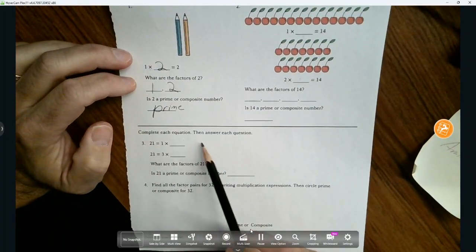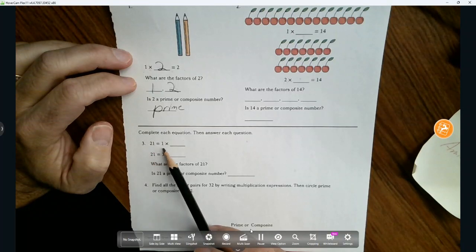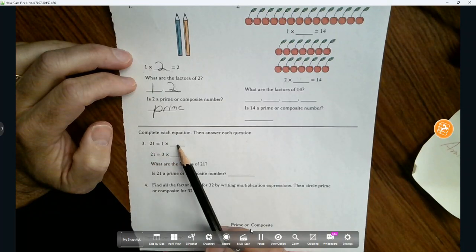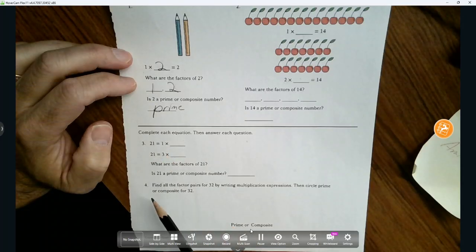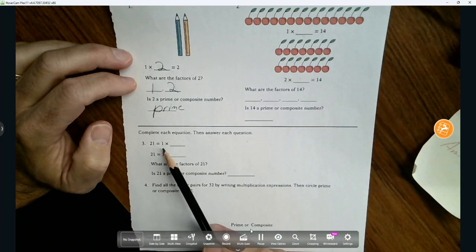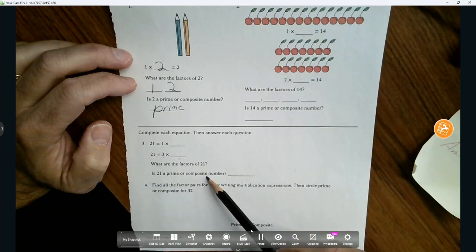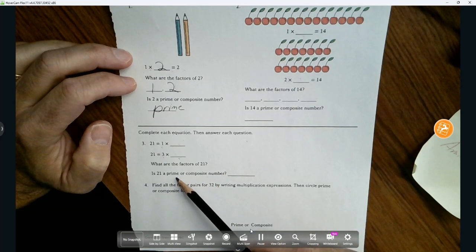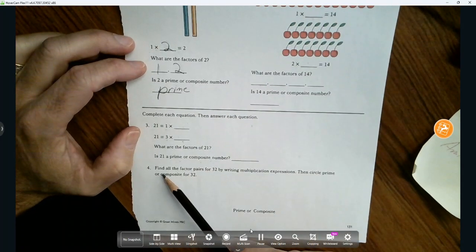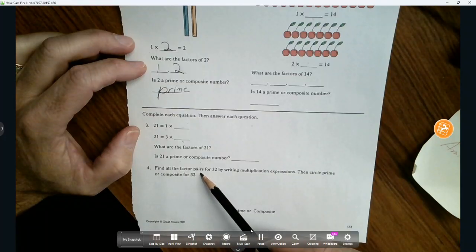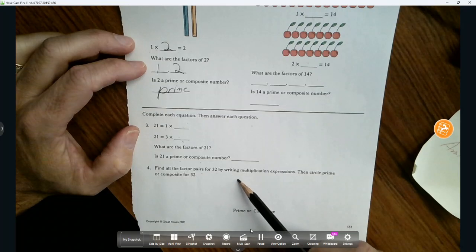All right. Complete the equation, then answer each question. 21 equals 1 times what? What can you multiply by 1 to get 21? Down here, what can you multiply by 3 to get 21? So if you take this number, this number, this number, and this number, those are the factors. So you'd write all those right here. And then tell me, is it prime or composite? Remember, more than 2 factors makes it composite. Exactly 2 makes it prime. Down here, you have to find all the factor pairs for 32 by writing the multiplication